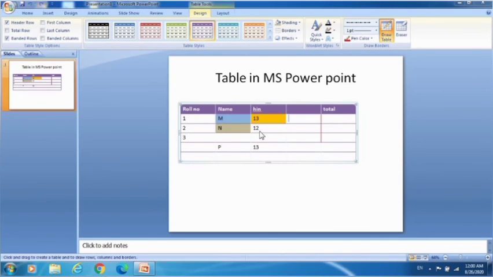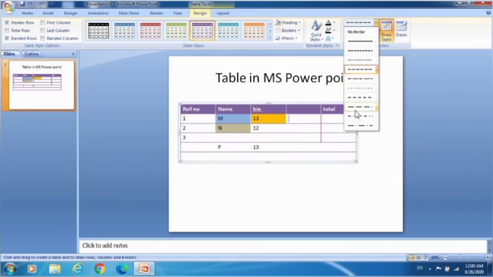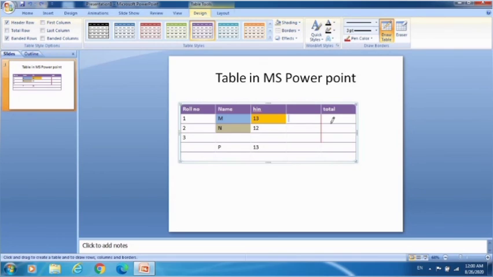You may change the border style from the draw borders group. You may change the border style like dotted one or this sort of or the straight border. You may change its width also. For example, I am taking 3 point, so it will be a little darker than the others. So if you want to highlight something, you may choose any of the options. For example, if I am choosing 6 point and drawing the border, it will be of a little higher width.